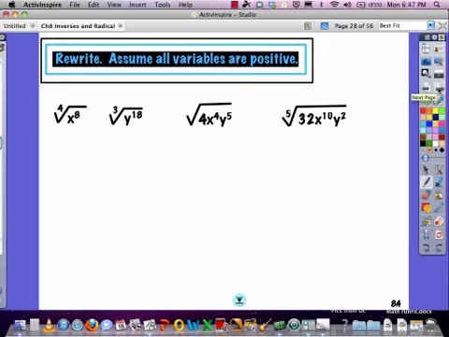Now if we say rewrite it and assume all your variables are positive, which means we don't want to worry about is x a positive or negative number. Can I take it out with a negative number? Can I take it out with a positive? We're going to assume everything is positive, so yes, we can take it out. Now in this case,